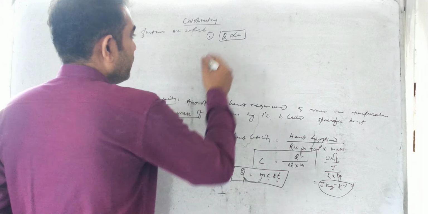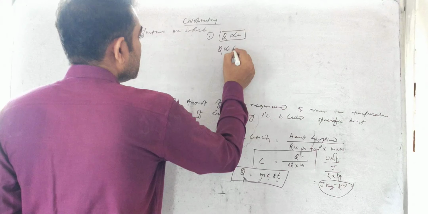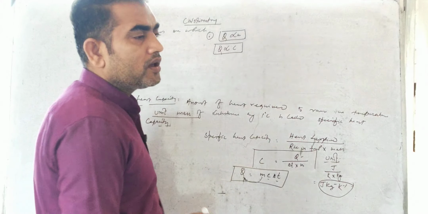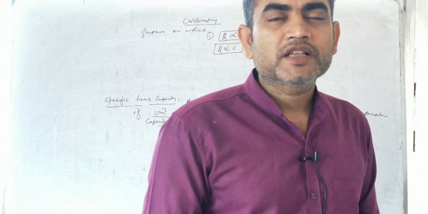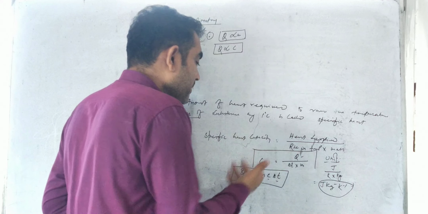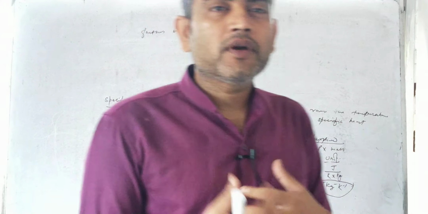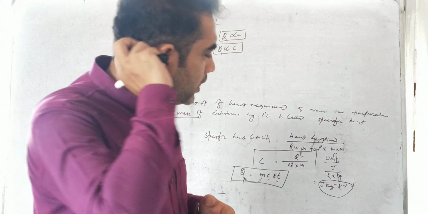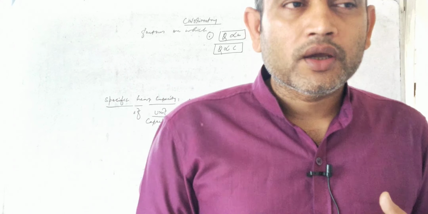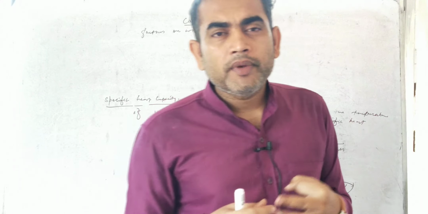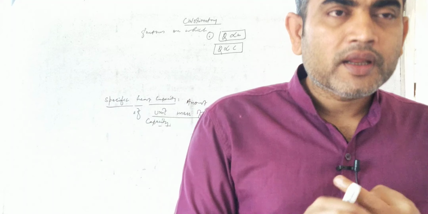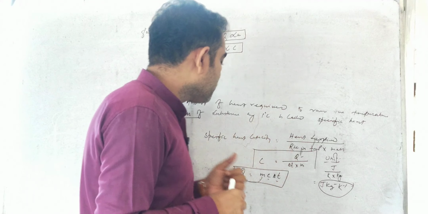Obviously for every material the heat capacity is different. So it is also directly proportional. Smaller the specific heat capacity, smaller will be the heat required for a particular range in temperature, and greater the heat capacity, greater will be the heat required. Suppose we are going to raise the temperature of water and kerosene both by 1 degree C. Water will require more heat than kerosene because the specific heat capacity of water is more than that of kerosene.